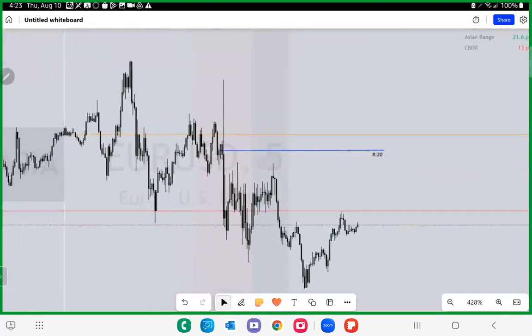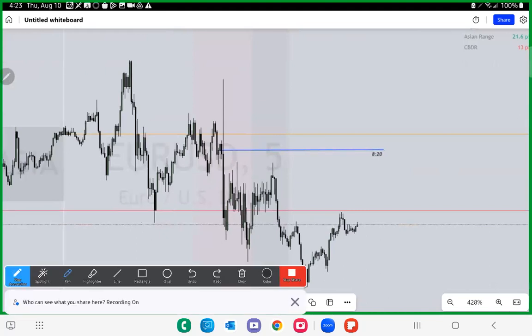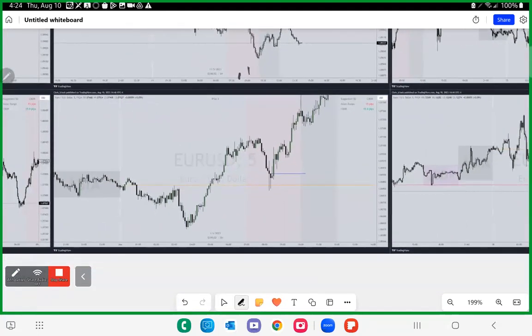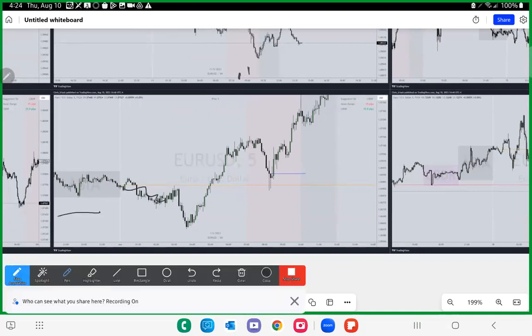Right? I think we already watched. No, maybe we haven't. We didn't look at this. But anyway, same idea. You guys get the point, right? Judas swing above Asia. There's an expansion. Price moves back inside of the range, right? 8:20 open, price is here. Obviously, this is news. Biggest point is we have a continuation from the London expansion. Right, same ideas. Judas swing, expansion, that's point A, that's point B. Trading back inside the range, right?